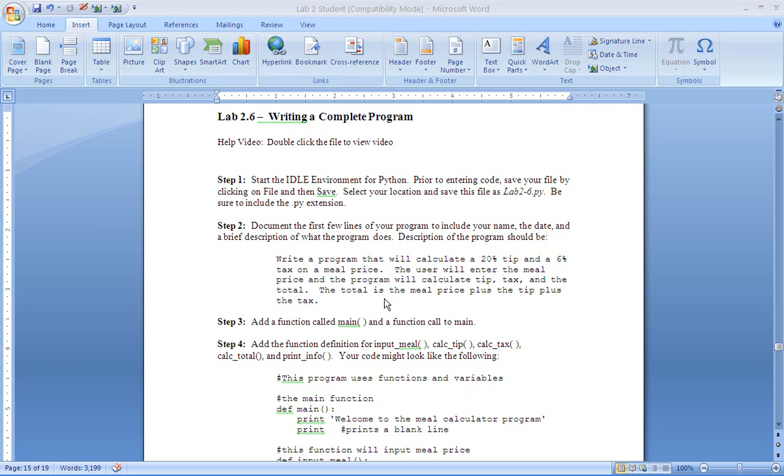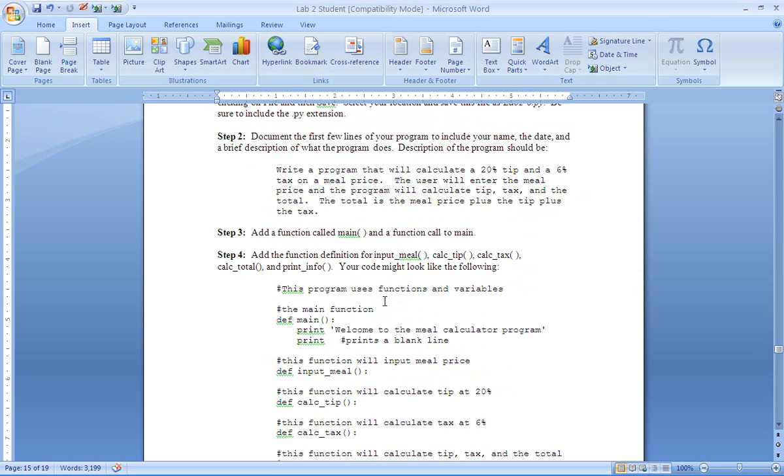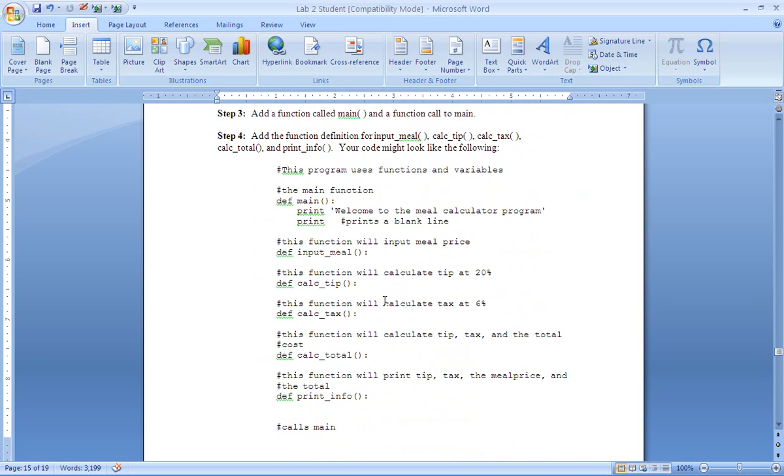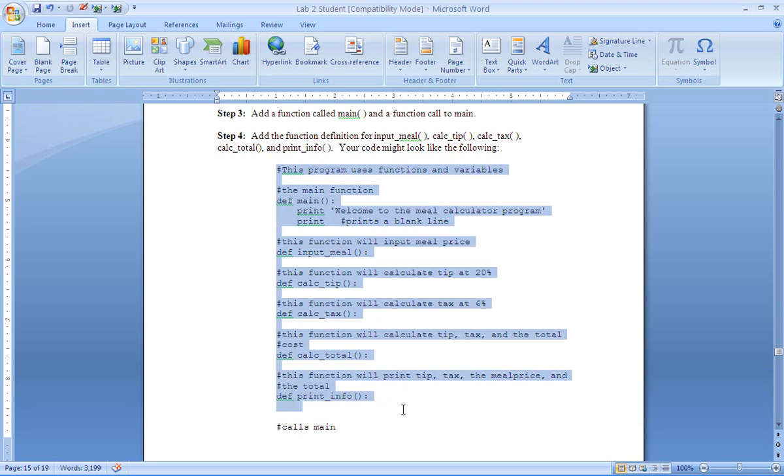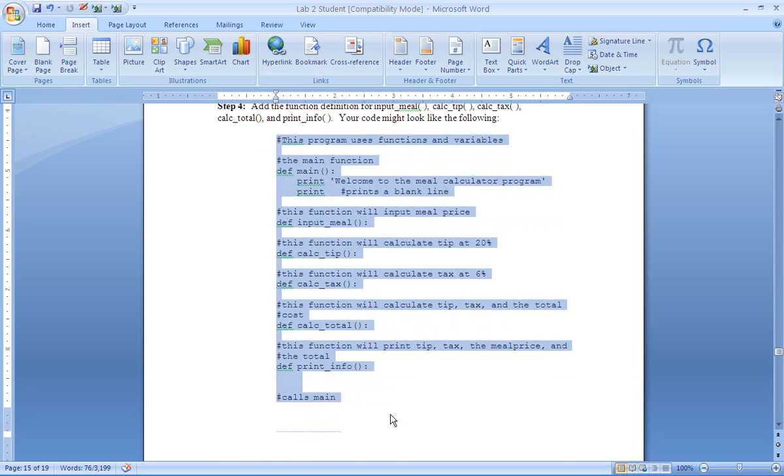In Lab 2-6, we're going to write a complete program using Python. The previous labs walked you through a few Python tips on how to write modules. Here, we're going to write a program that will calculate tip at 20% and tax at 6% based on the meal price. Now to start, we're going to copy this basic structure